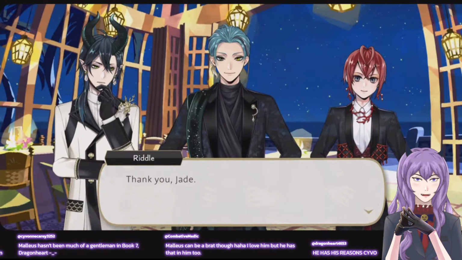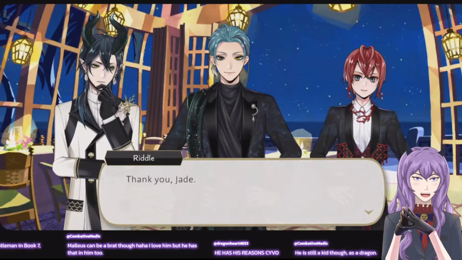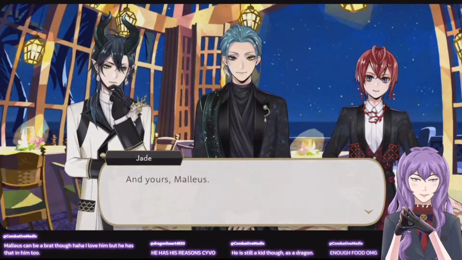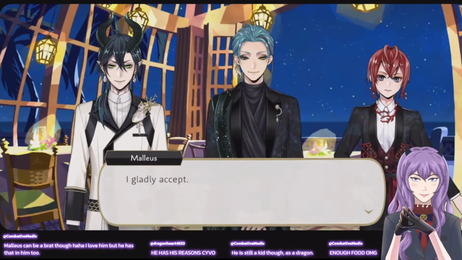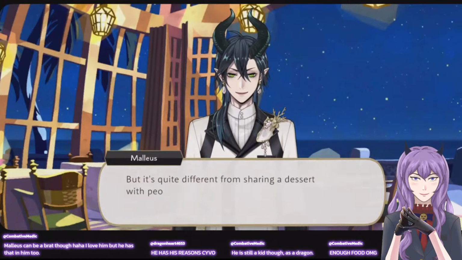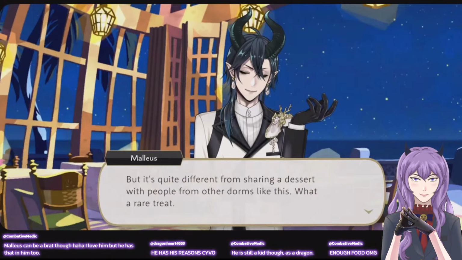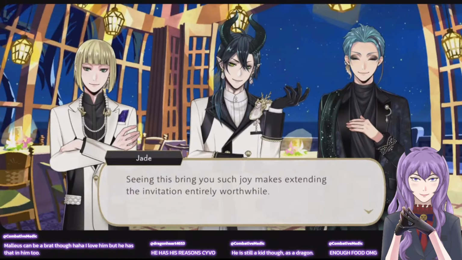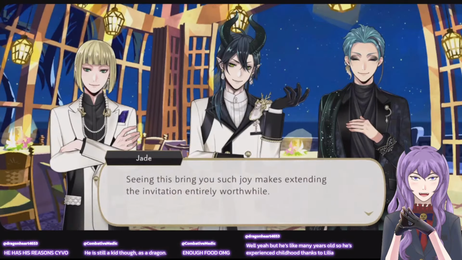Lilia can be a surprise tease. Lilia is a tease too. He also has his mischievous side. Aw, I'm glad Malleus is having fun too.